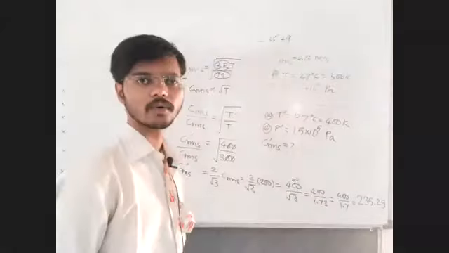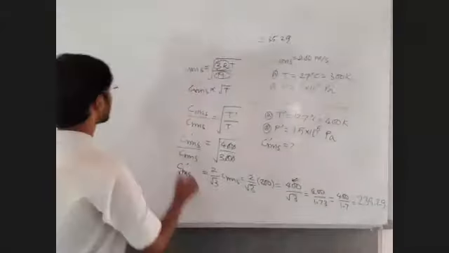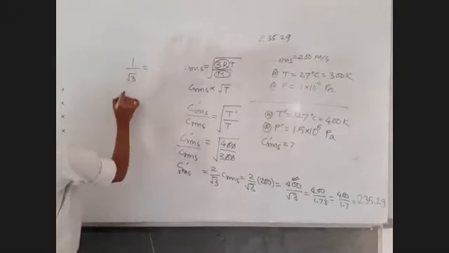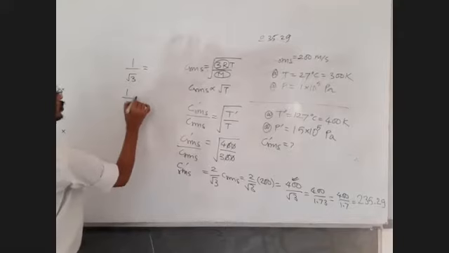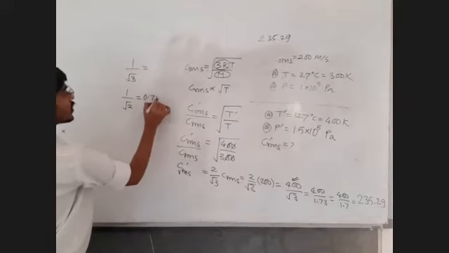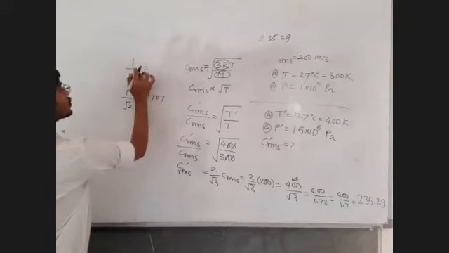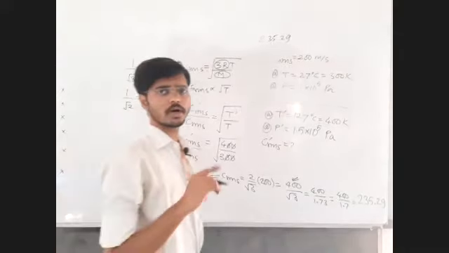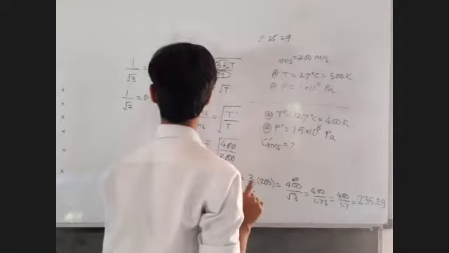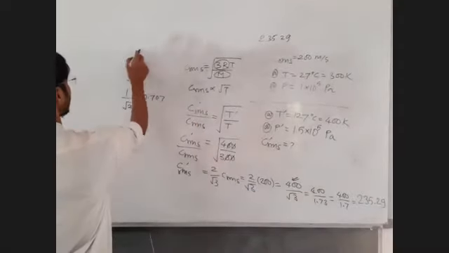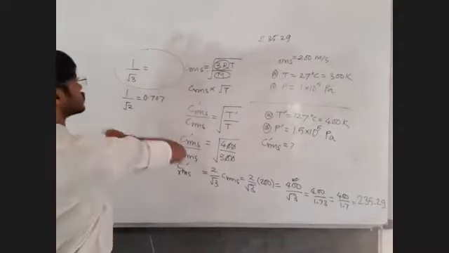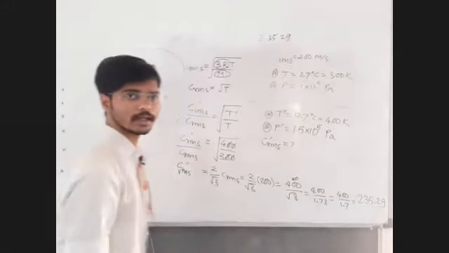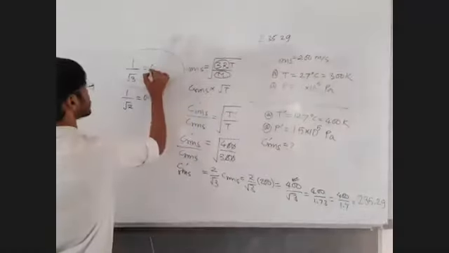Now on the calculator, find out what is the exact value of 1 upon root 3 and try to remember it. Just like 1 upon root 2 we have remembered as 0.707. Now you tell me what is the value of 1 upon root 3. Do this on the calculator and tell me this value. All of us are going to remember this value. It is 0.577. Okay, let's remember it.